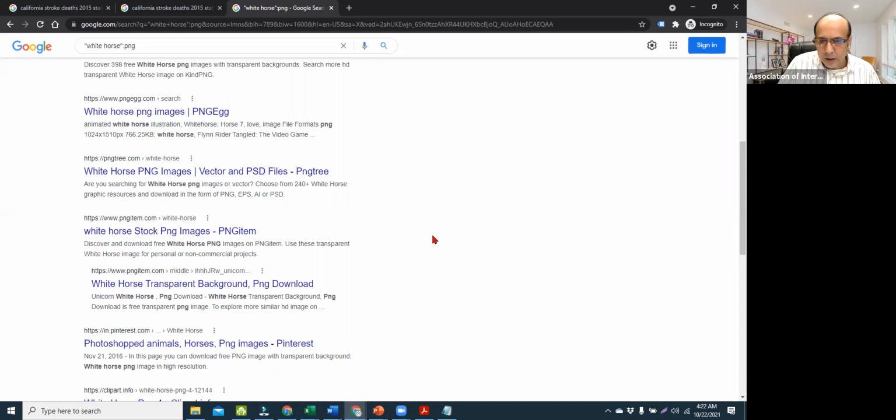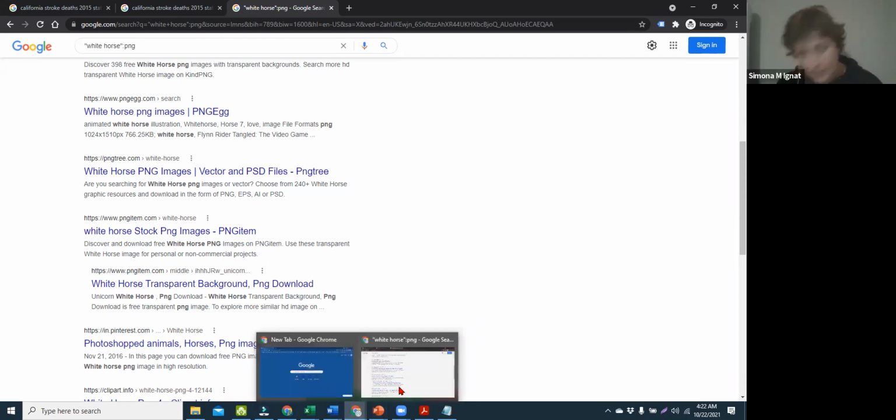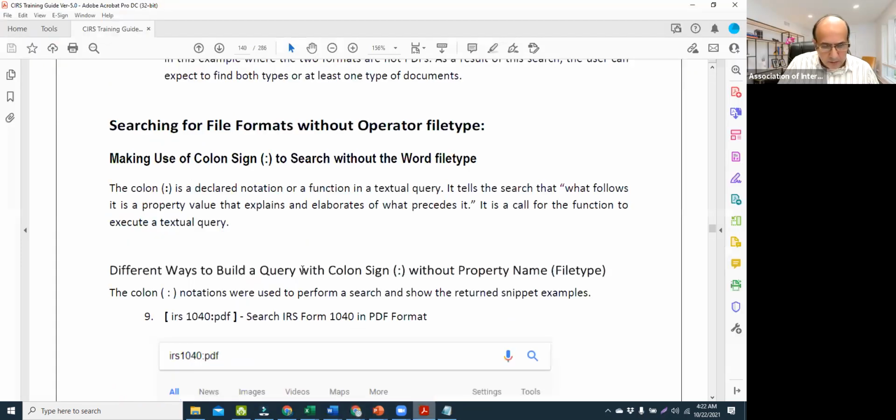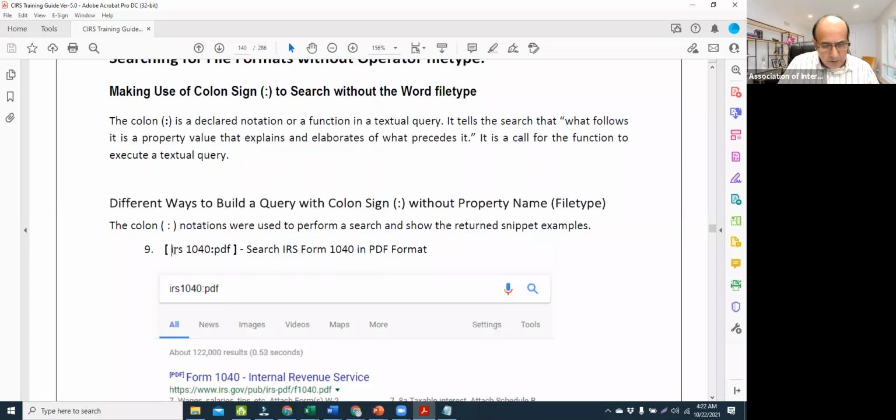All right. Okay, so this was one way. At times we do our searches. There are these examples. I'll have to get back to the examples. Like this one, for example, IRS form 1040. I don't have to do file type and then colon sign and PDF. See, whenever I'm doing file type with a colon sign, it is pulling the records that are captured as PDFs